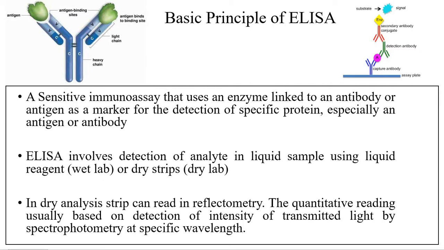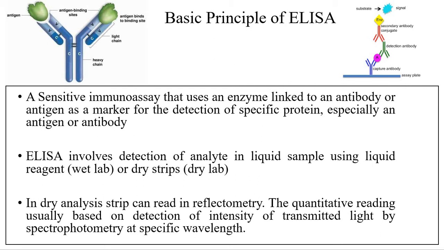Now we move to the next slide. Here we discuss the principle of ELISA, how ELISA works. Enzyme linked immunosorbent assay principles are very similar to other immunoassay technology. ELISA relies on a specific antibody to bind the target antigen and a detection system to indicate the presence and quantify